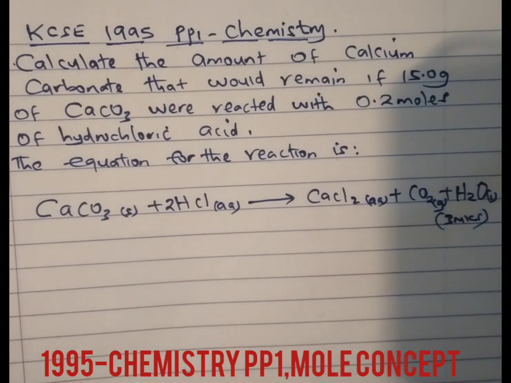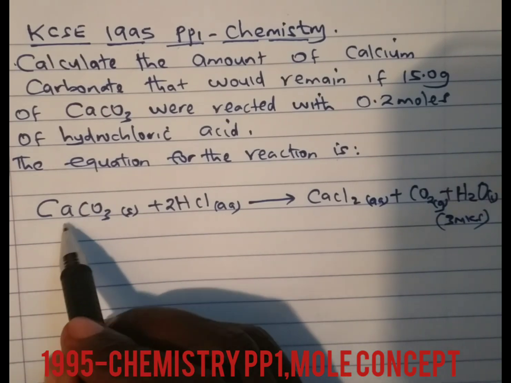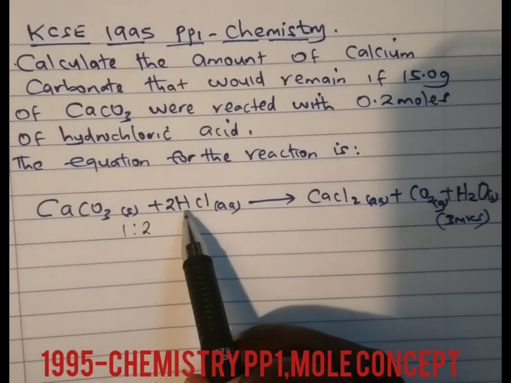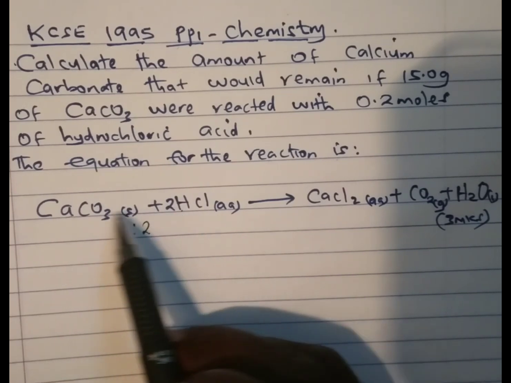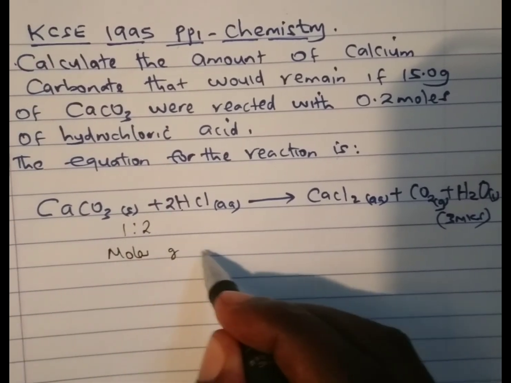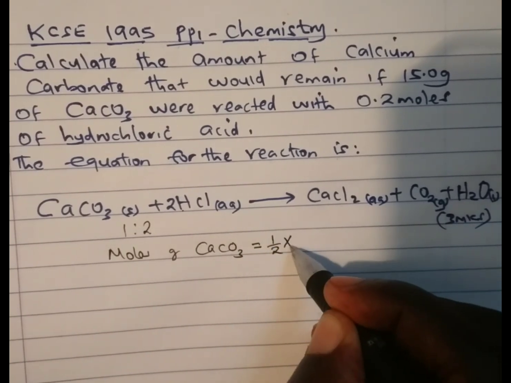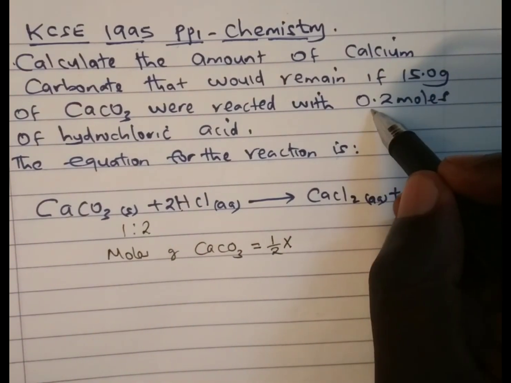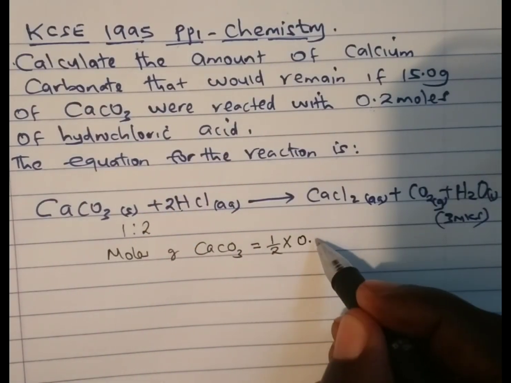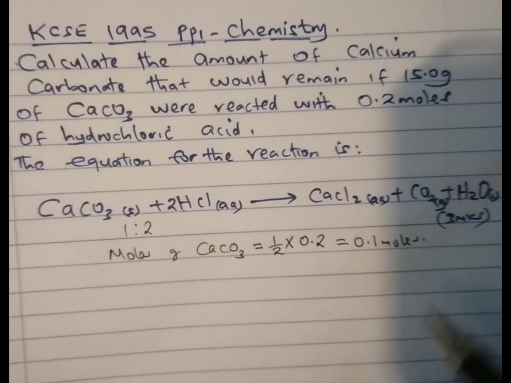The equation has already been balanced, and from the equation you realize the mole ratio between the carbonate and the acid is 1:2, meaning the number of moles of the acid are twice the number of moles of the carbonate. And in this case we can say moles of the carbonate, that is calcium carbonate, will be equal to half of the number of moles of the acid, and we are told calcium carbonate reacted with 0.2 moles of the acid. So if you take half times 0.2, you'll get 0.1 moles, and these are the number of moles of